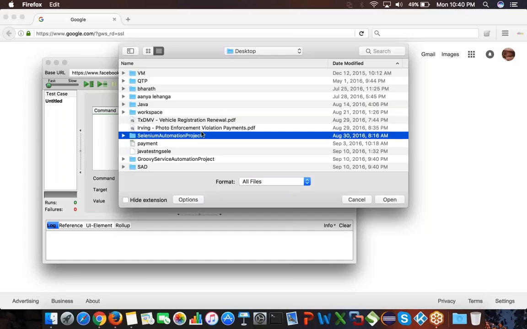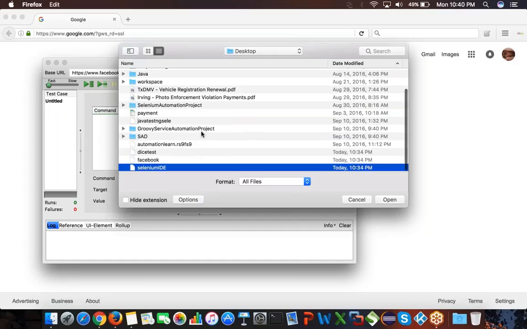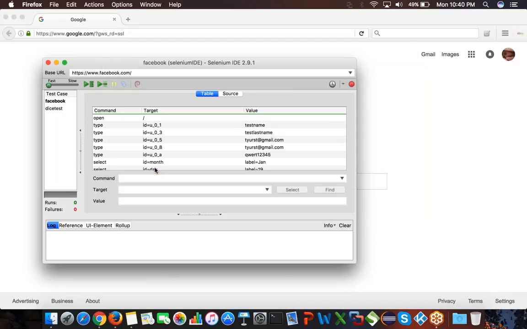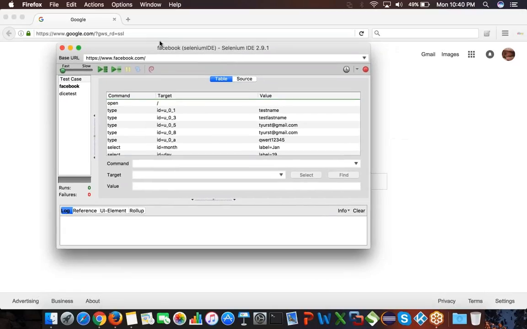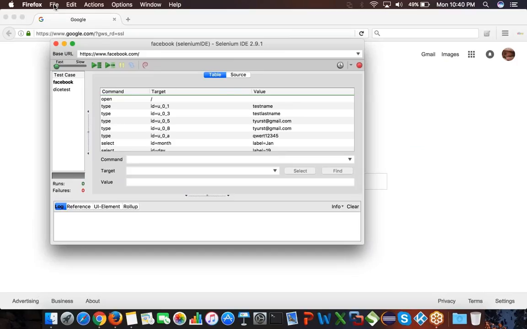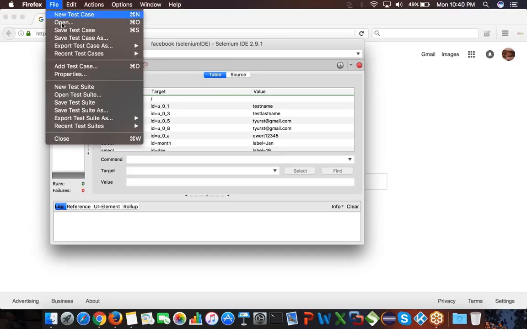Where did I save it? So here I've saved it, Selenium IDE. So just click on that. So now you have seen the two test cases that got opened. So now if you want to generate some code from here, you can say file, and then you can